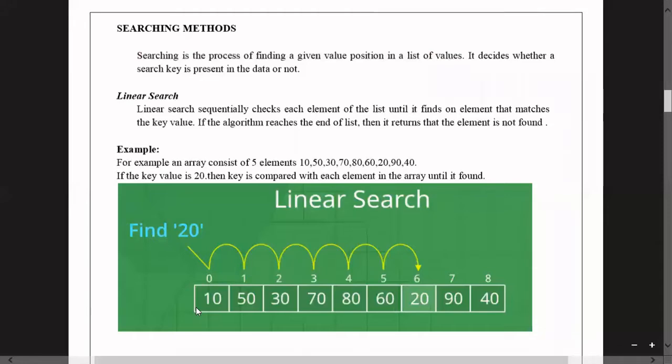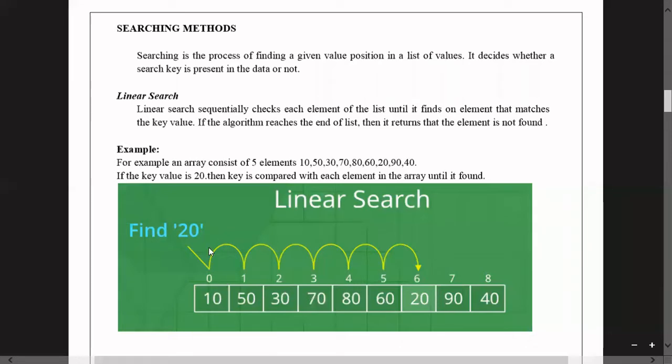When you are searching, it decides whether a search key is present in the data or not. In this particular set of values, finally we find out whether 20 is present in the list of values or not. 20 is what we call the key. Whether the key value 20 is present in the set of values or not, we are going to find out.